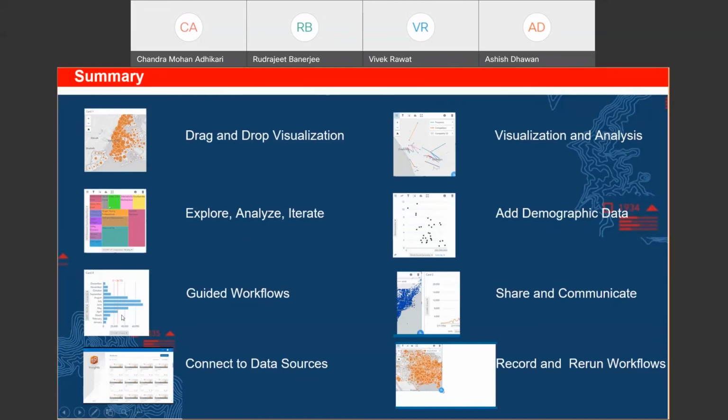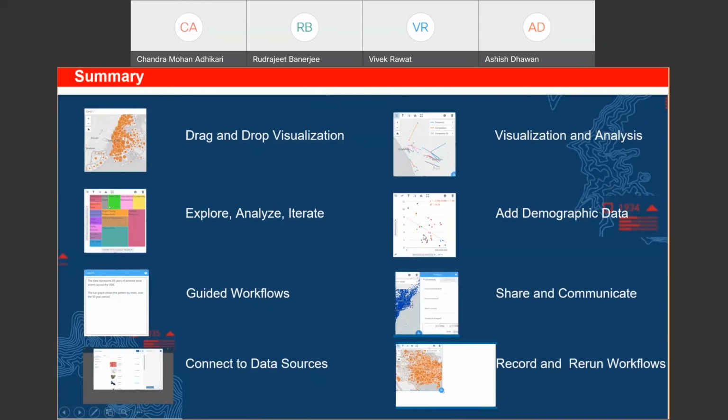You can set your workflows as well, like we have seen in the various examples which I tried to demonstrate. We can also connect to multiple data sources, and it doesn't matter where your data comes from, whether it's spatial data or tabular data. And we can have multiple different sources from where we can take the data. Living Atlas is one example from where you can take the data and get your data enriched.